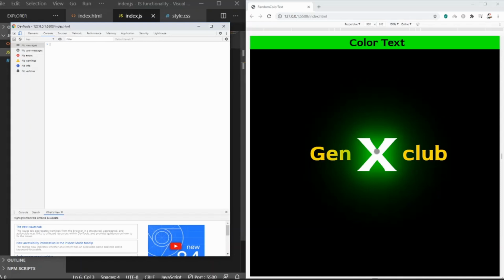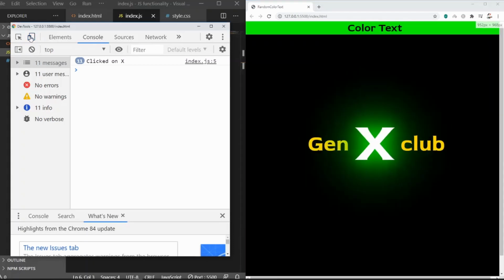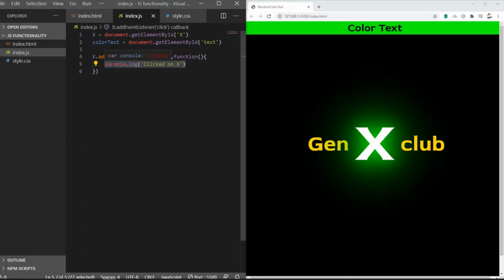Sorry, console tab. And let's click on X. As you can see on the console, it gives you the message. Let me zoom in. Yeah. So you can see the click on X. Let me remove the mobile. Yeah, there you go. So now we know it's working. So let's move the console now and work on the design.